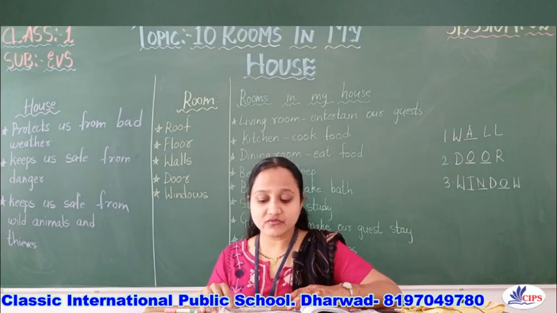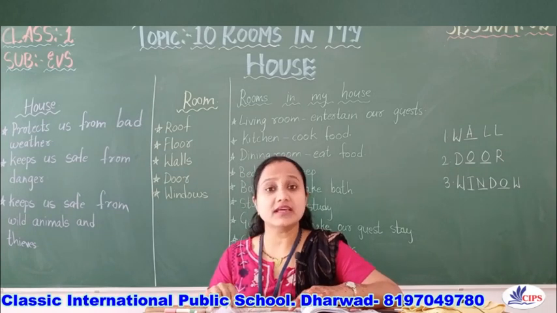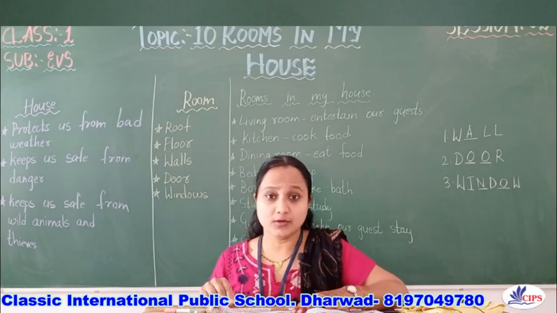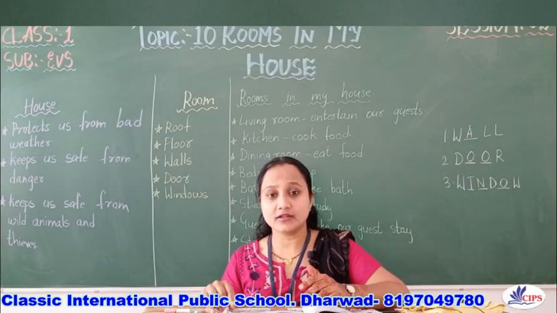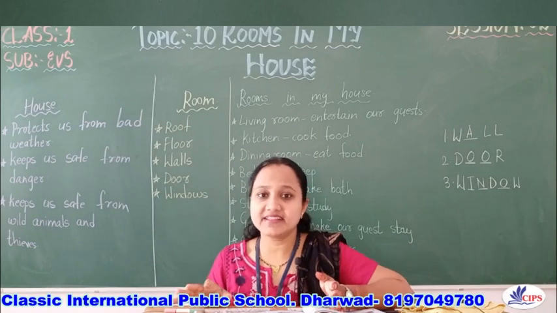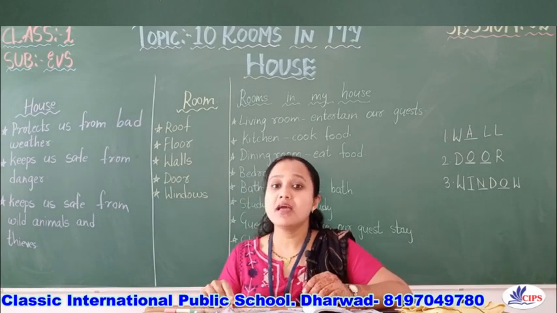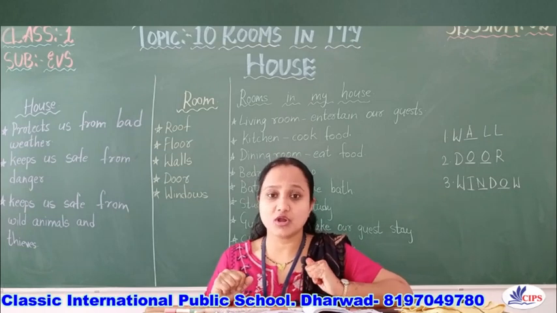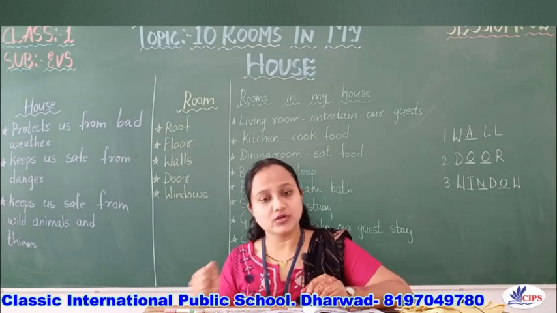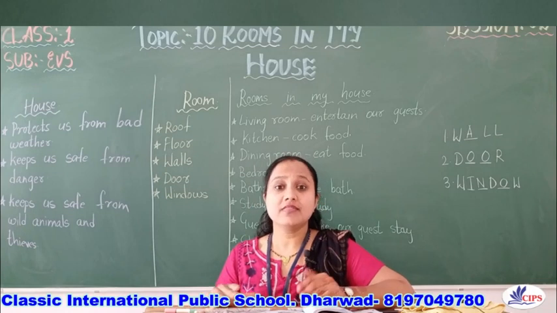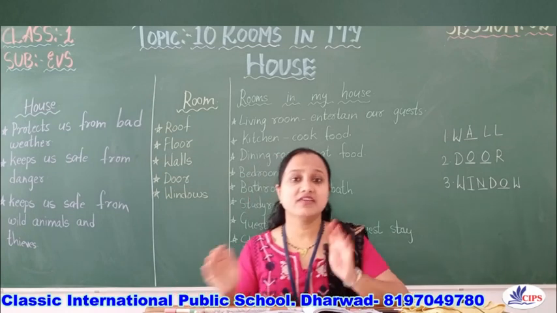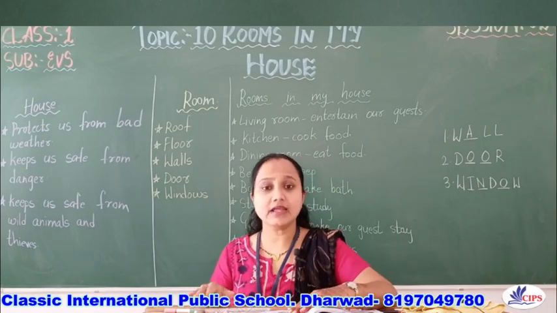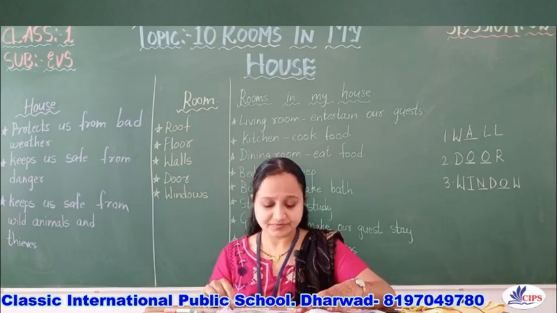Next, we eat food in the dining room. So there is a separate dining room where the people eat food. Where the houses are big, they can have a separate dining room. Those who don't have a big house, those who have a small house, they have their food in the kitchen itself. They have a separate space where they keep their dining table and they utilize it as their dining area, right?